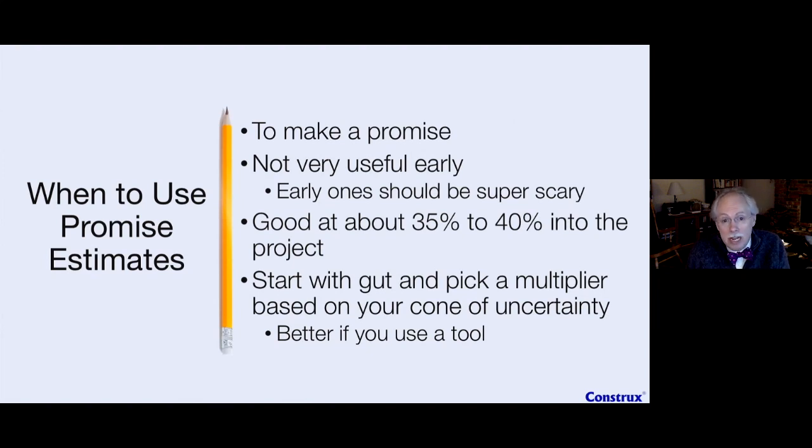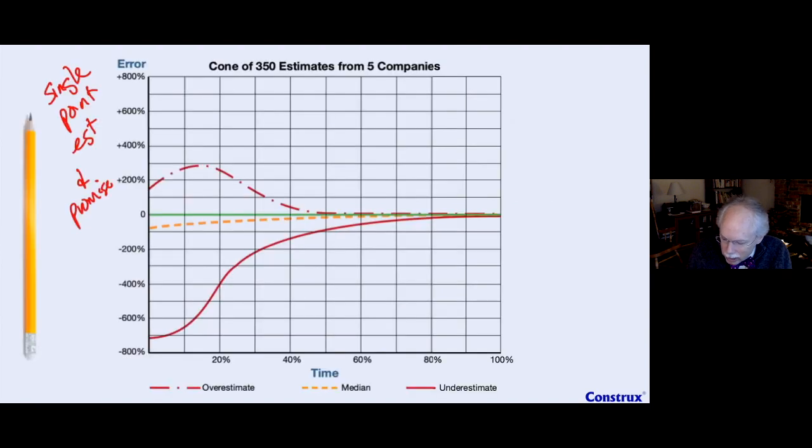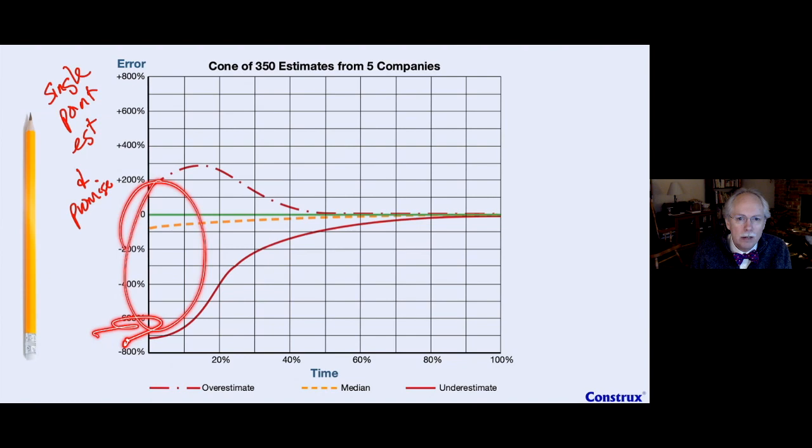But what if they make you make a promise at the start? Well, okay, that can happen. We could be out here and say, okay, yeah, I see that range. You want to make a promise down here because that's where you're safe, because you can keep your promise pretty comfortably that way. And they go, no, there's no possible way we'll allow you to do that. We're going to force you to make a promise here. Well, yeah, you can do that.